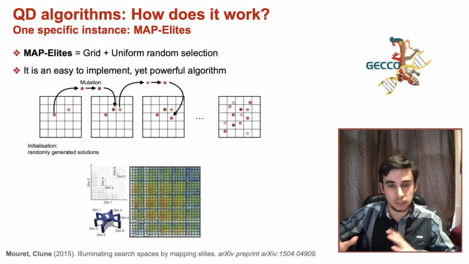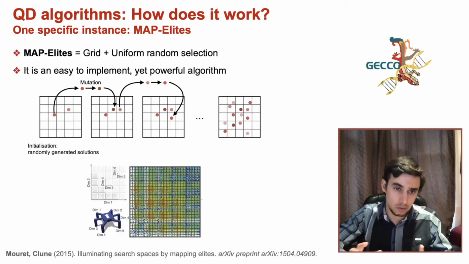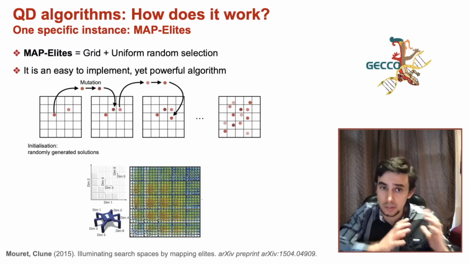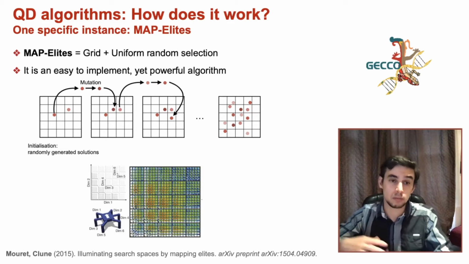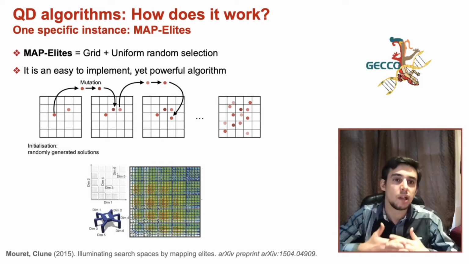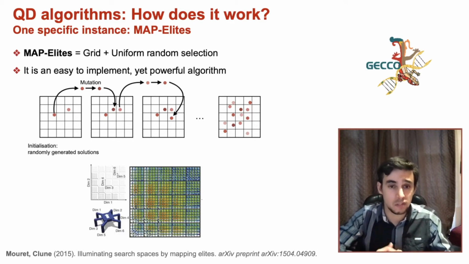So now that I have introduced a little bit the main building blocks of quality diversity algorithms, I would like to focus on specific instances of those algorithms, and namely the MAP-Elites algorithm. The MAP-Elites algorithm is a combination of the grid container with a uniform random selection. The very good aspect with MAP-Elites is that it's very easy to implement, and it's in practice a very powerful